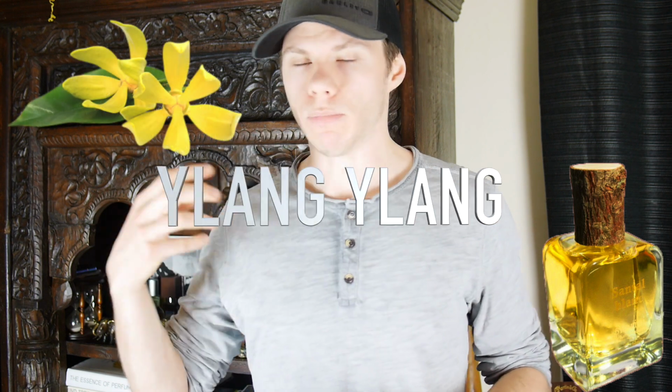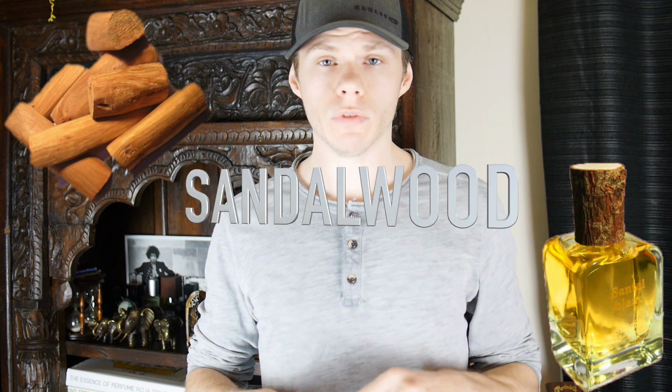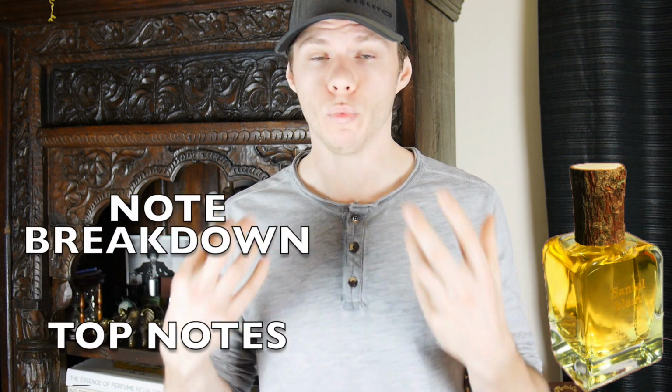As it develops into the mid, the main note I get is ylang ylang and petitgrain, and then the base is more of the sandalwood coming through with those other notes. So really nice fragrance. I didn't know what to expect with it being organic. I thought maybe they might smell a little bit strange, but they smell great to me. I enjoy these. They're well blended,